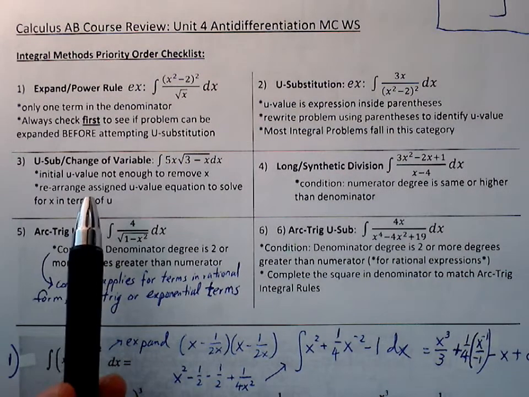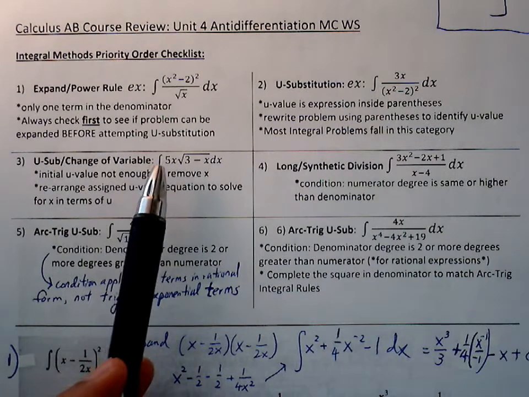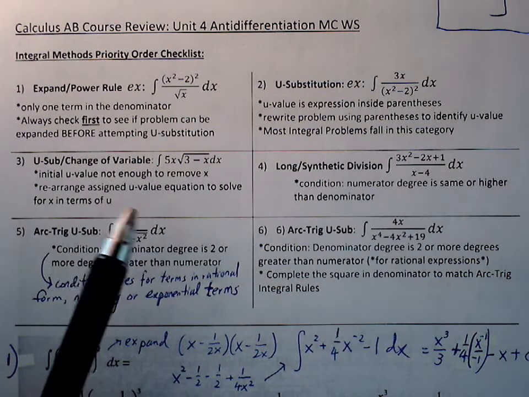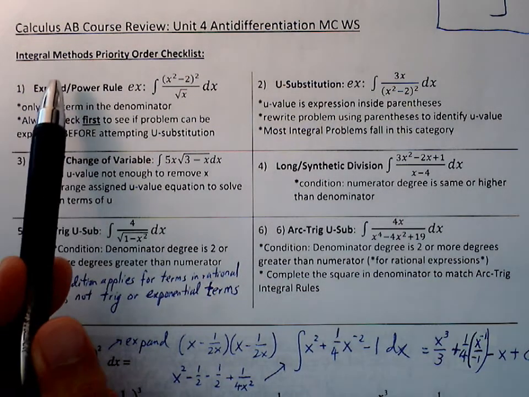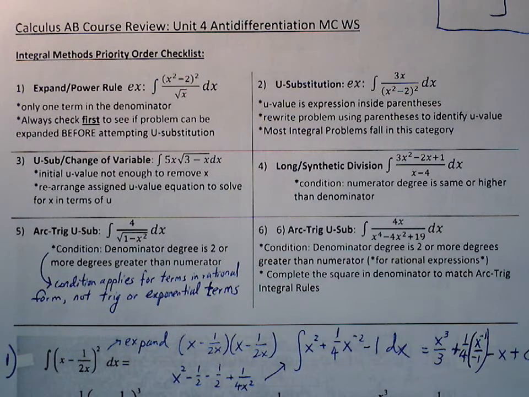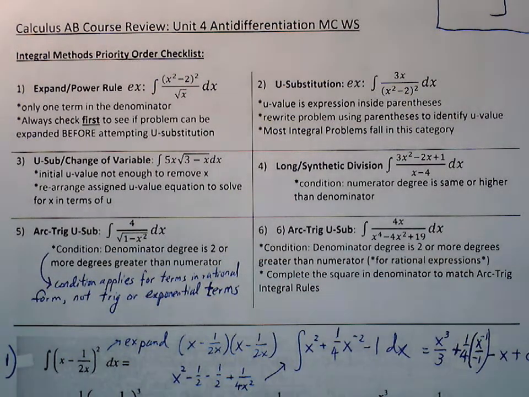Let's look at Unit 4. This is antidifferentiation, so integral rules. Let me go through an integral methods priority order checklist. When we see an antiderivative problem, we want to have an idea as to how to work